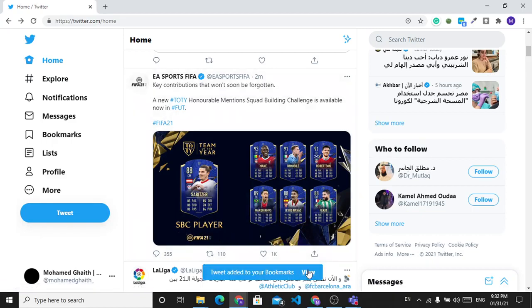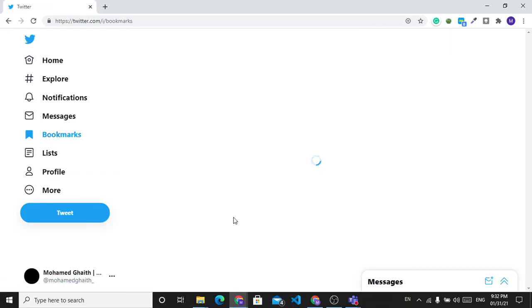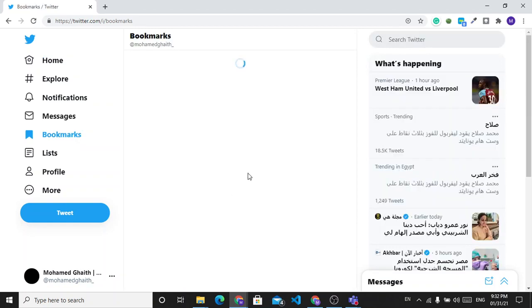So now it's added to bookmarks. Click view. As you can see, here are my bookmarks,